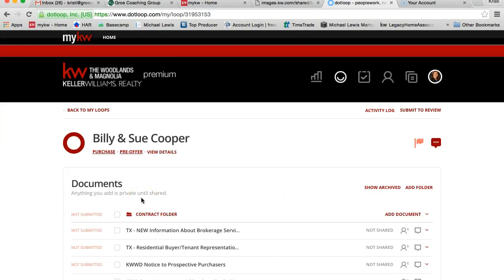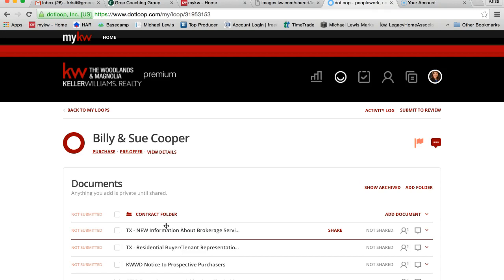Okay, so let's actually go through these documents so you know how to explain them in such a way that you can get them signed. So the very first thing I'm going to want to show them is the information about broker services. And I suggest always print a copy of these documents and sit down with them and go through it with them before you just automatically email it for them to sign. I want to explain these documents so it's not something that they're getting 8, 9 pages and signing but don't have a clue what they're signing, and most people would be hesitant to sign that many pages without actually knowing